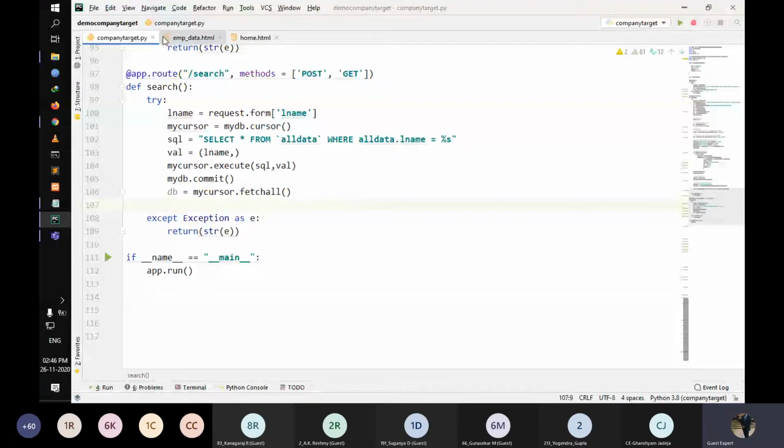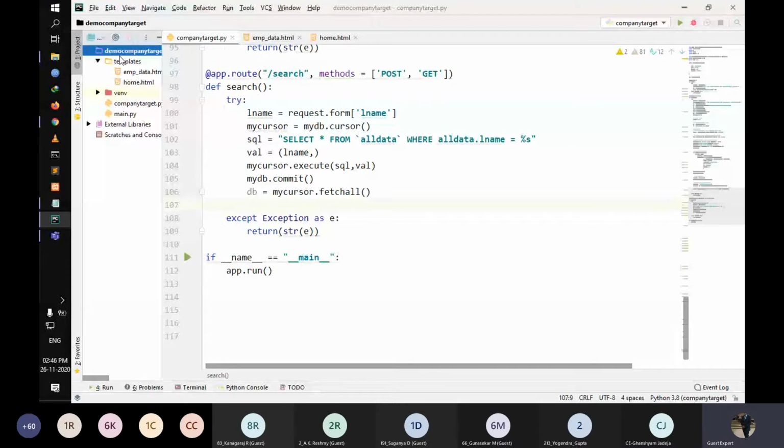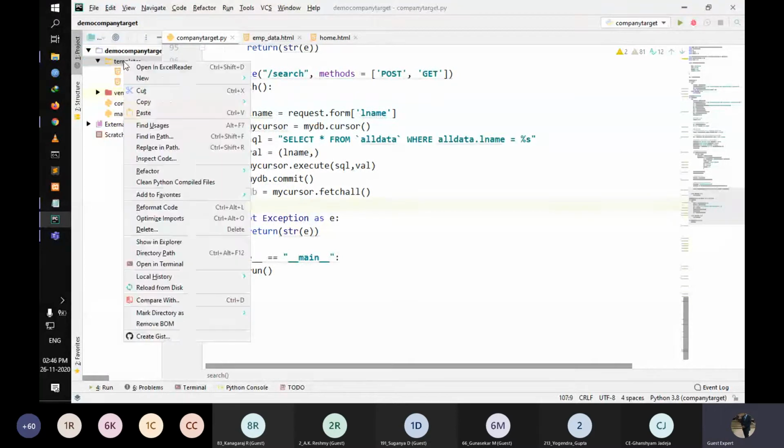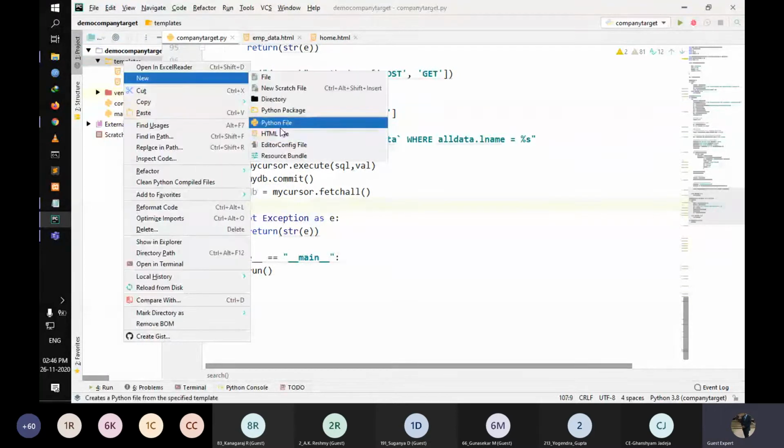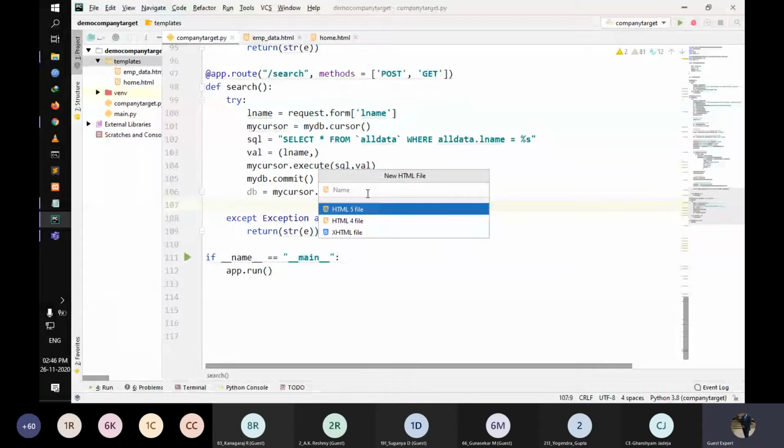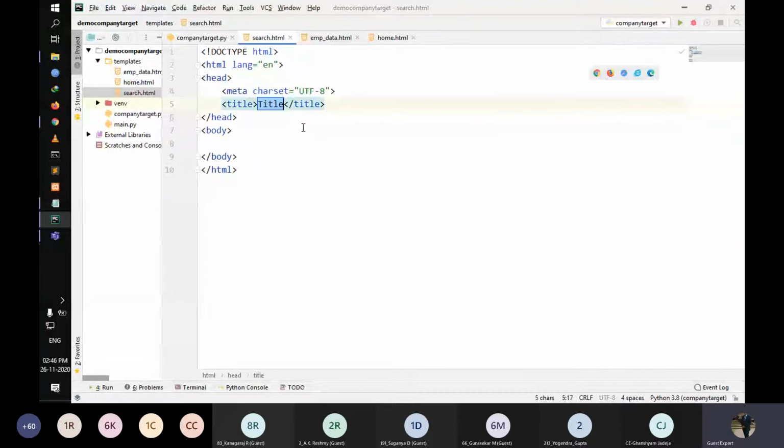So first things first, let's create an HTML file. We'll create a new HTML file and name it search, and we can give it the title team data.